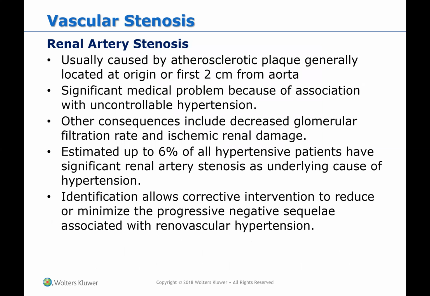So now we're going to get to renal artery stenosis, and it's usually caused by plaque, generally located at the origin or first 2 centimeters from the aorta. So a lot of the times you're going to see the stenosis right off the proximal aorta. It's difficult to tell a lot of the times. This is the hard part about doing these kinds of vascular